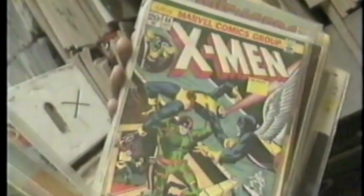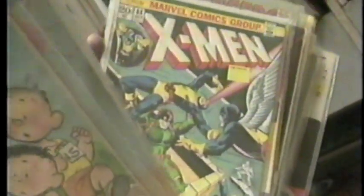I'm in one of the alleyways, and we have comics worth $1 million plus. I would say we probably have the most of Marvel comics. We have anywhere from the 1960s on up through the 90s. DC would be second. We have as well a collection of those from the 40s on up through the 60s